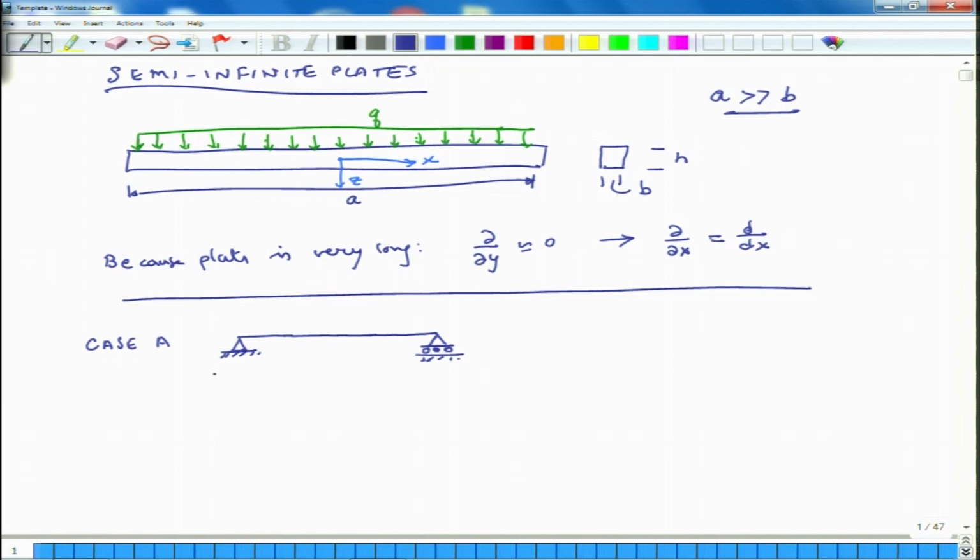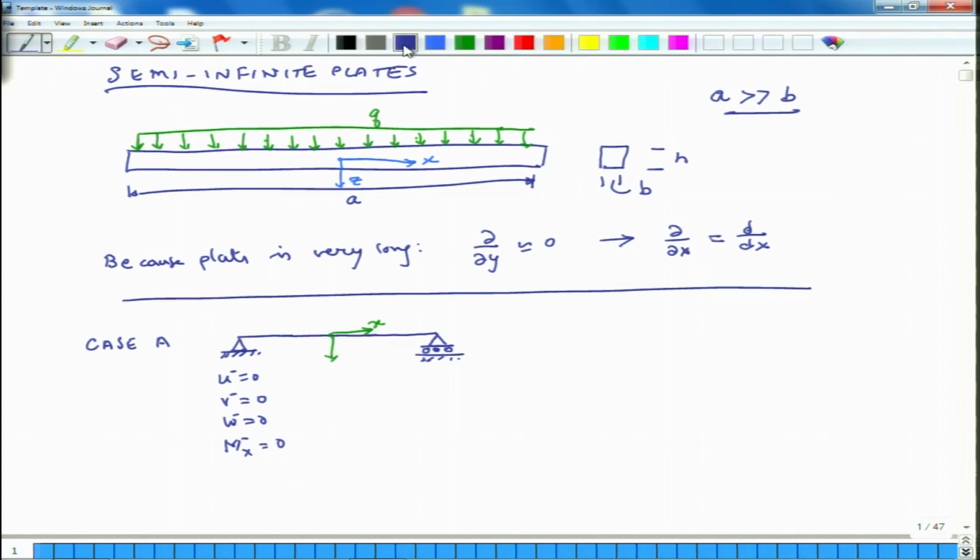So, if that is the case, then what is the boundary condition here? Because it is simply supported, u is 0, again it is pinned, so v is 0, w is 0, and because it is simply supported, moment is 0 at this end. Because my axis is from here, this is the negative edge of the plate. So, I will say u minus, v minus, w minus and Mx minus, these parameters are 0.